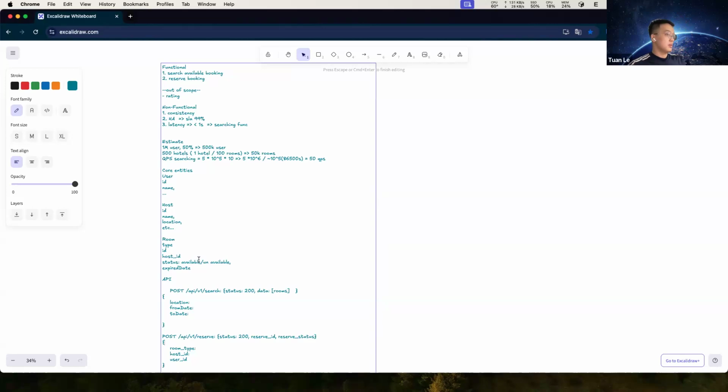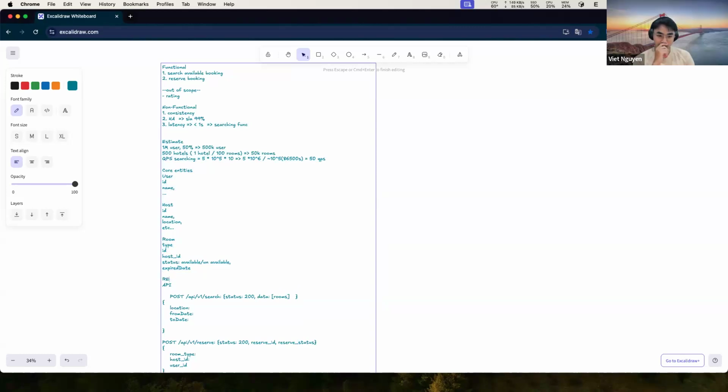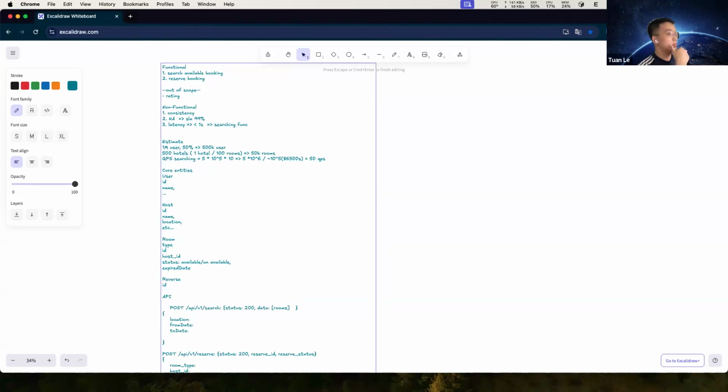Oh, maybe I missed an entity. I think we should have a reserve entity to map the room ID and the hotel number, and something like the amount, right?